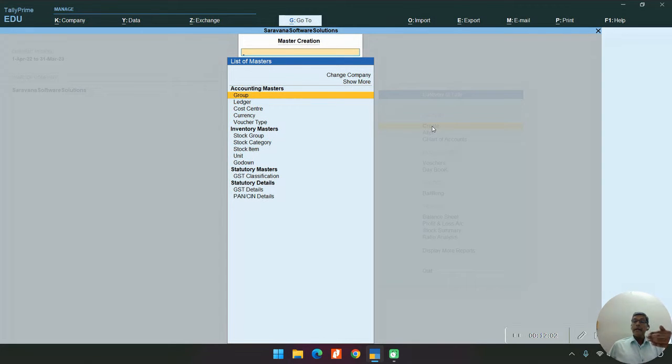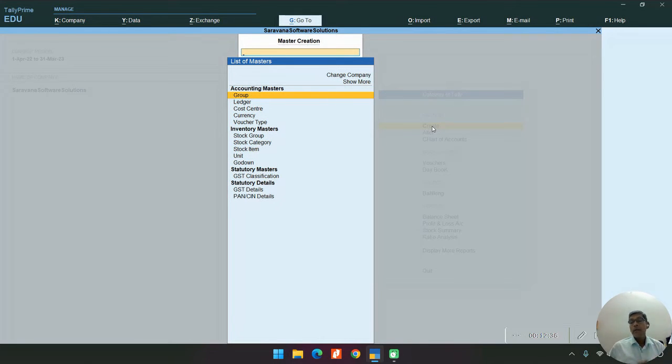Stock group: you can create a primary group and a secondary group under which you can categorize. This is related to electronics, and this is related to electrical products. So you can categorize accordingly under the stock category. The next is stock item. If I don't want to create a stock group or a stock category, it is enough to create a stock item. Then you can create stock items